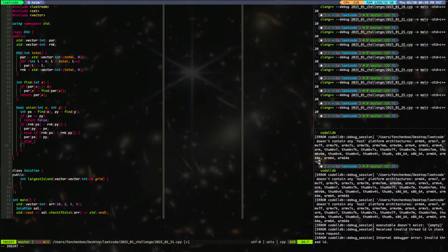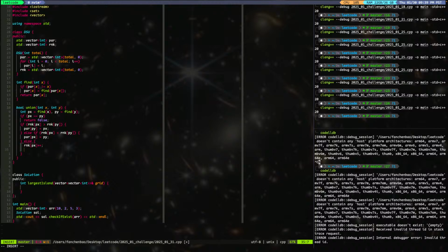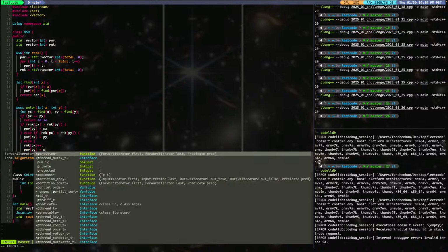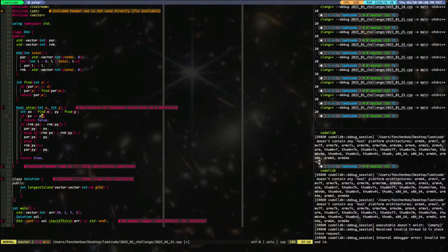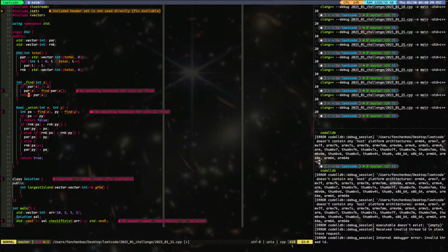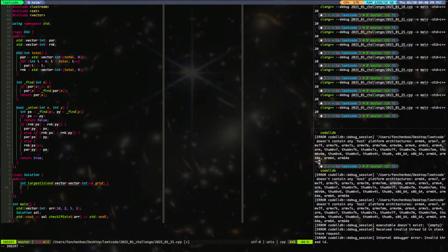Else, now they're the same, then we just say rank[px]++ and then parent[py] equal to px. And for this, we'll return true, which means... Probably cannot use this function name. Find, union. Ugh. Alright, just put underscore then. Alright. That's union find. So now what we need to do, go through everybody, look through the surroundings, union them together,